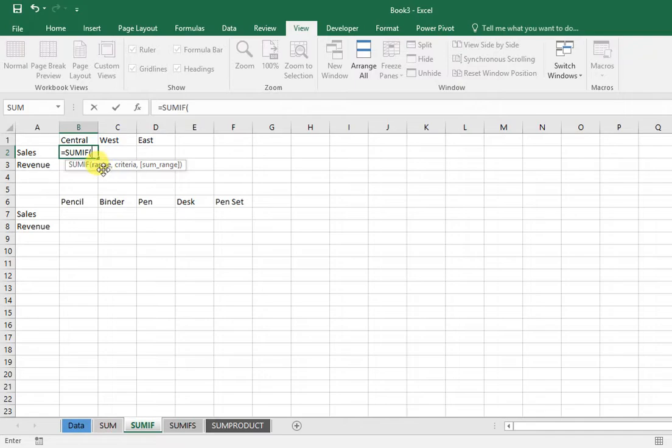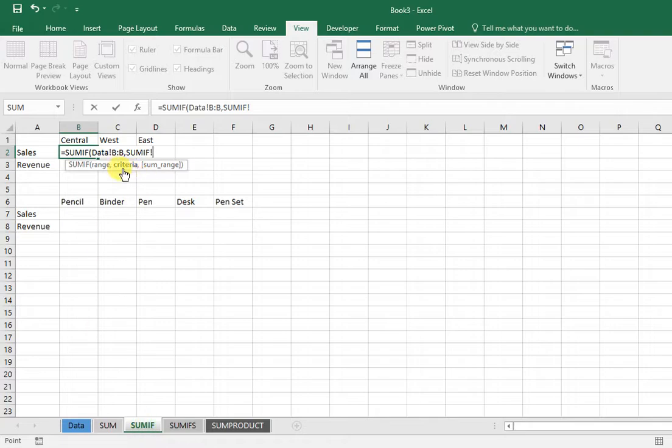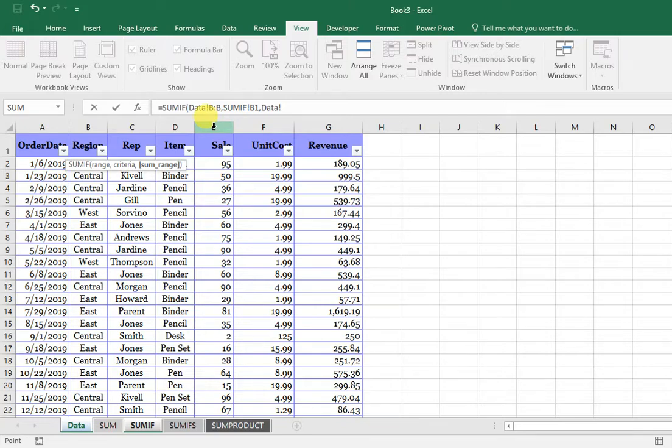So first range is criteria range. So what our criteria will be, it will be zone. So first I have to give the criteria range, which is region. So I will click this, and I will enter comma, and then I have to give criteria. What our criteria is, it's central zone, and then I will hit a comma button, and then I have to give sum range. So I want to take the sum of sales, so I will click this E column, and